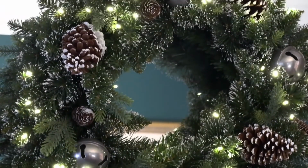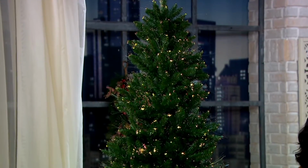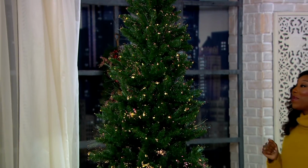So we are talking about our Bethlehem Lights Christmas tree. It's customer top